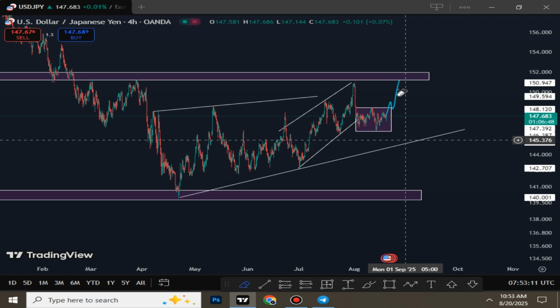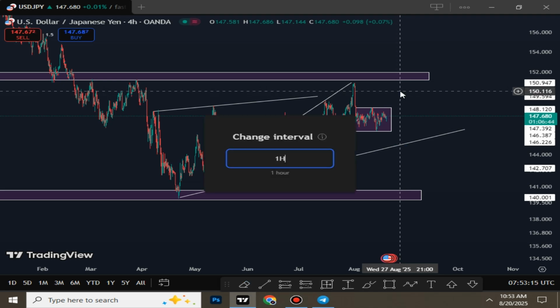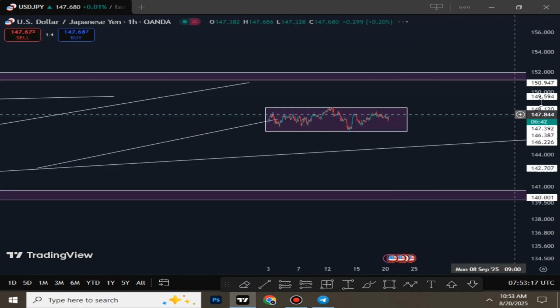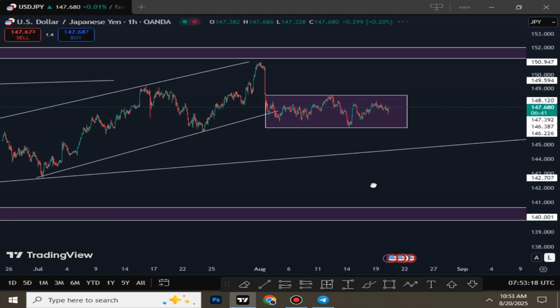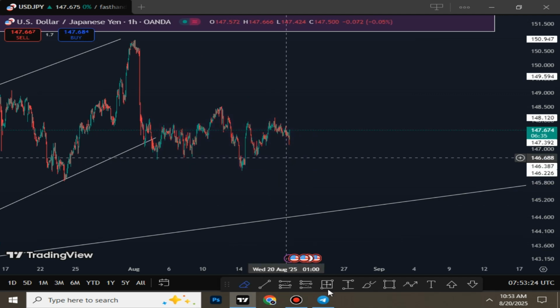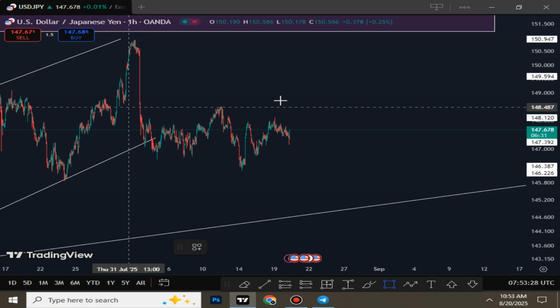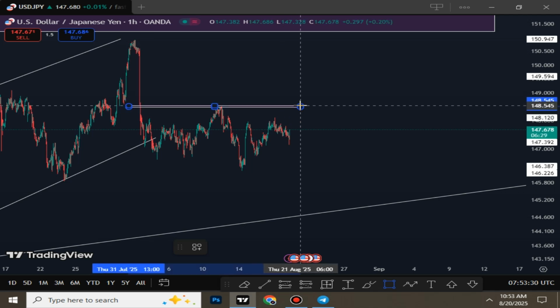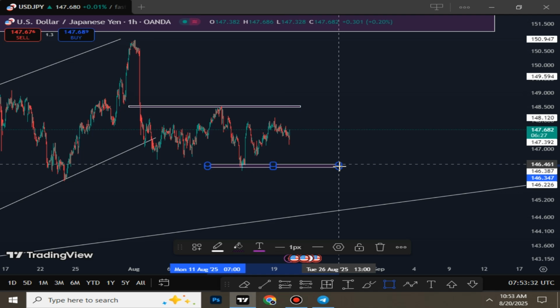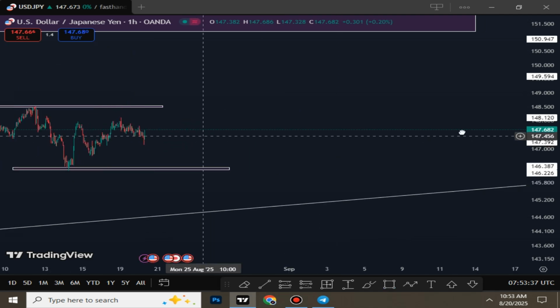Now let's talk about those who scalp. So probably hit the H1 and concentrate inside that move with this consolidation. So with that, I think I should delete this. Here is our high right there, and right here is our low. Simple, right? Now what is price doing? Basically,